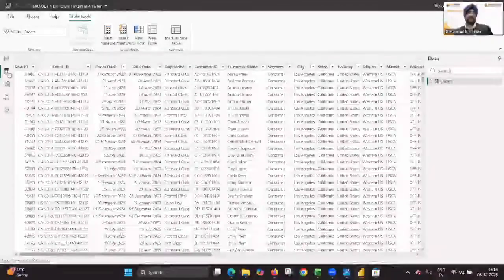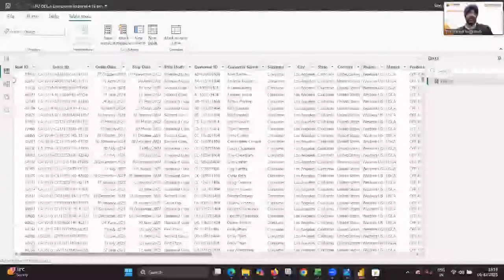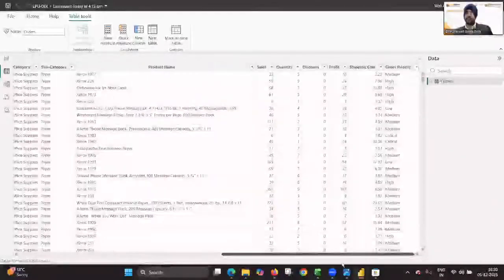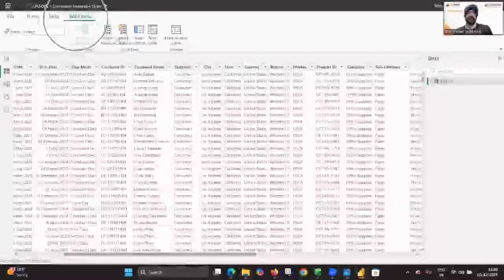If you want to get your data and do calculations in data, we move to the view called the table view. If we want to do some calculations here, like plus minus, in the data cleaning, editing, etc., we move to the table view, where you are able to see your entire data. All calculations can be made under a header called table tools. We have two kinds of calculations here. One is a new measure, the other is a new column. So if I go back to my report,